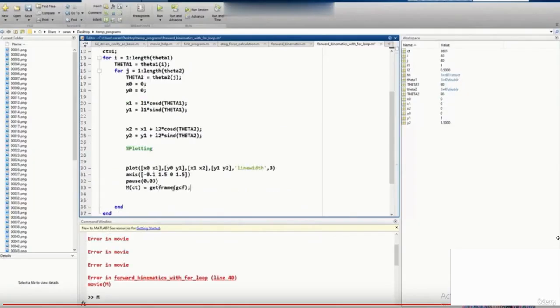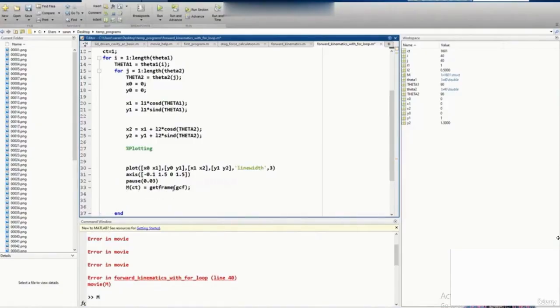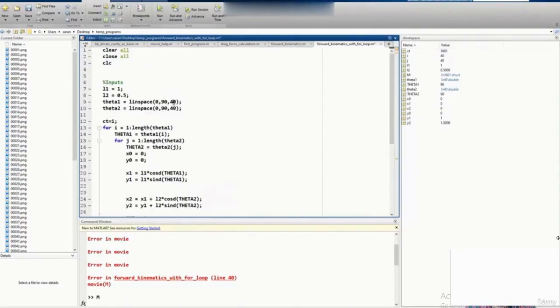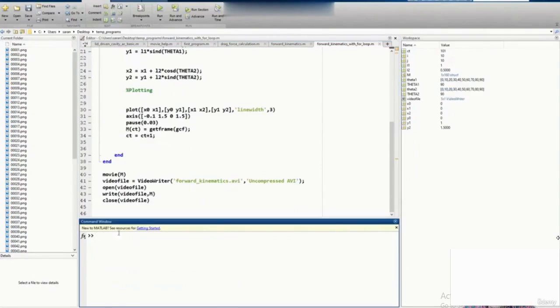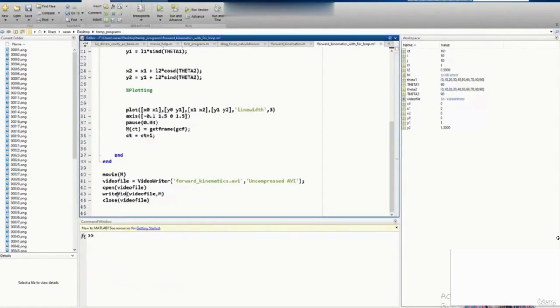Okay, so the operation failed a couple of times and I found out what the mistake was. I need to make sure that I'm saving the frames and only then should I increment my counter, right? Because the value of CT was initially set to 2, since I incremented it before I saved the first frame, and that was giving some problems. Also I'm going to reduce the number of frames to maybe 10 so that I can demonstrate this quite easily. The other thing that I want to fix is this should be called writeVideo. Okay, so now if I execute the program,